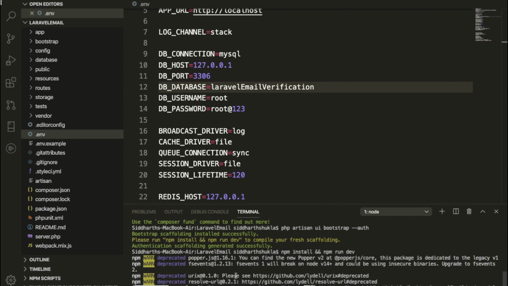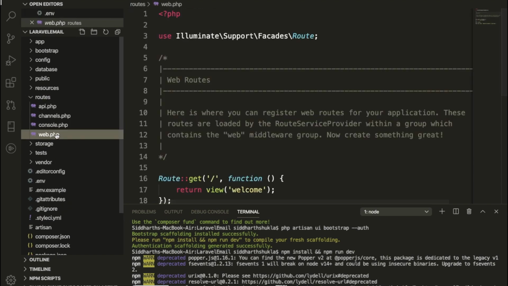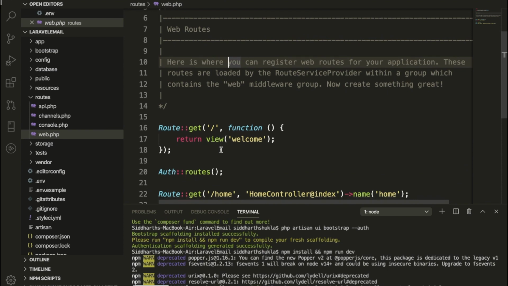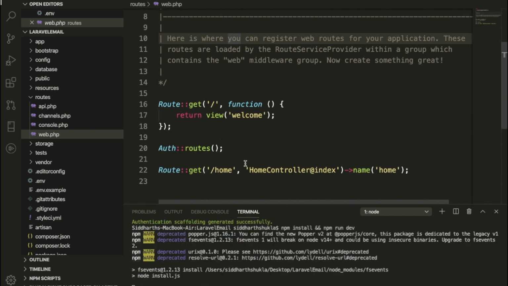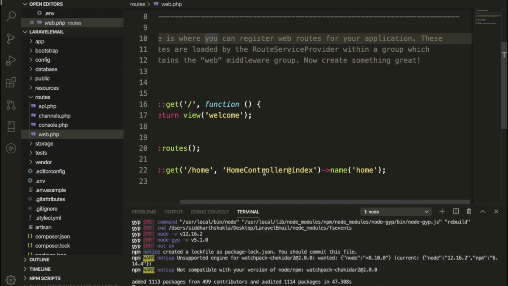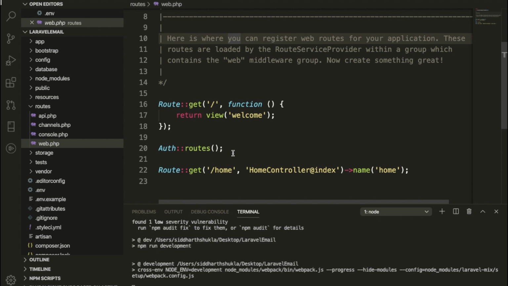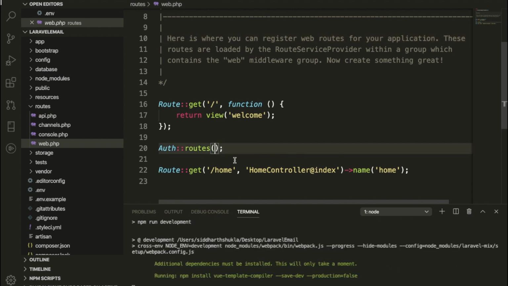This is also taking a little bit of time, so then I am going inside the routes. I'm clicking on the routes. Here we have some controllers and functions, so let it be this one for the home controller. The name is home, and here we need to use verification. Then the auth routes are there. I'm going to put an array here.